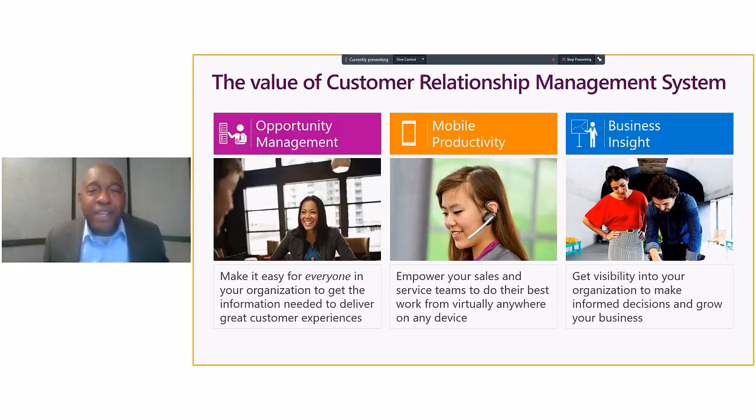But where do you get that information? Well, when you start collecting information from your sales team and from your customer service teams, and you're putting it into a centralized place, into our CRM system, now we have valuable information that we can look at trends on, and we can see which direction our organization is going in, and we can make decisions that make sense, that are informed.